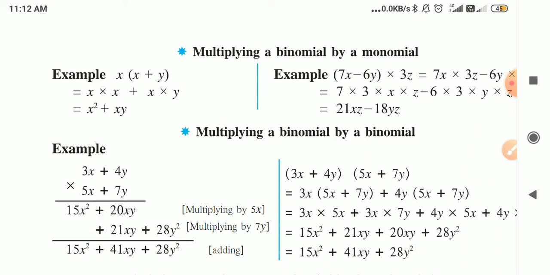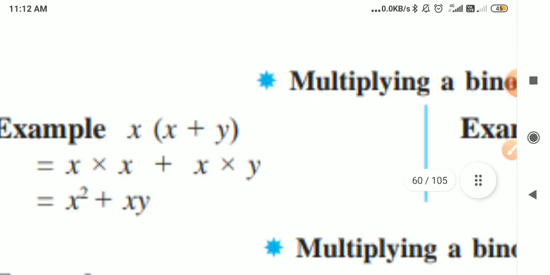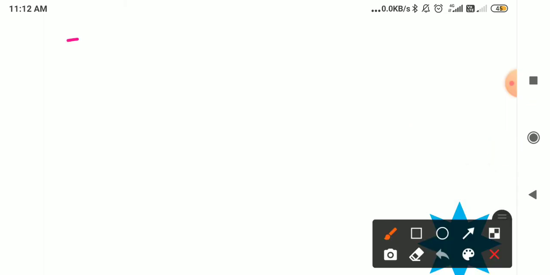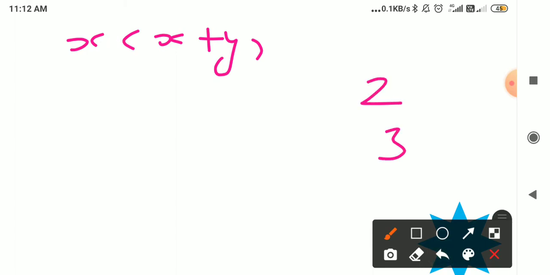So here the question is x into bracket x plus y. How to solve this example? In our textbook, it is given x into bracket x plus y. If you see here, you may say that teacher, the multiplication sign is not given here. When a bracket is there and a term is there, in between them there is only multiplication. Just as we do not write the plus sign in front of 2, 3, directly we write 2, 3, the sign is not necessary to write. In that way, if a bracket and a term are there, it is okay even if we do not give the multiplication sign. So here we have to do the multiplication of terms.